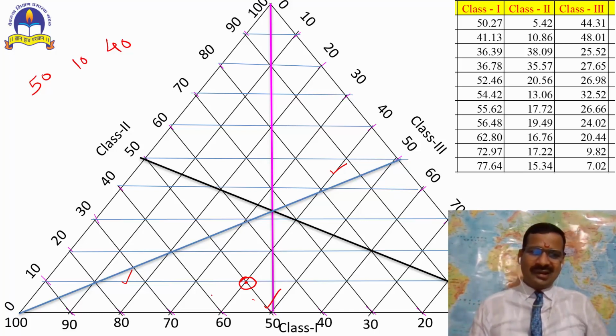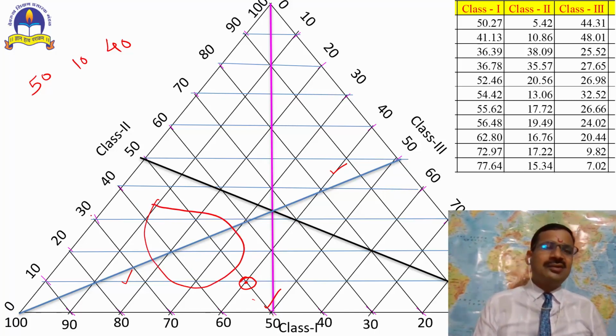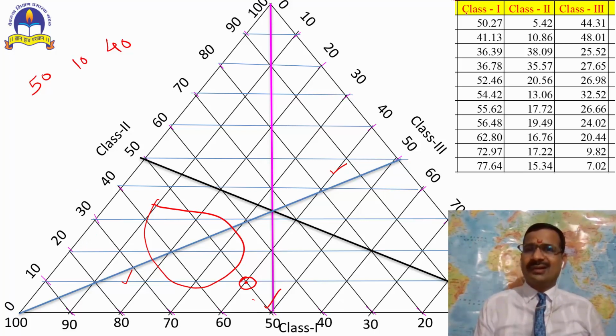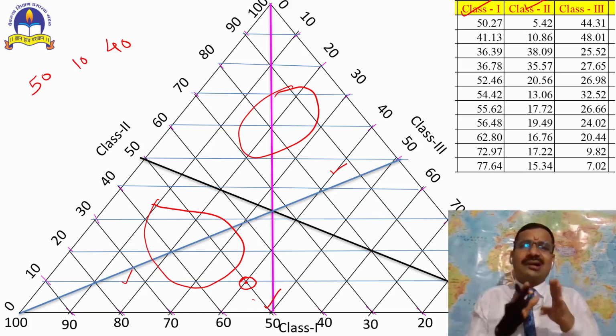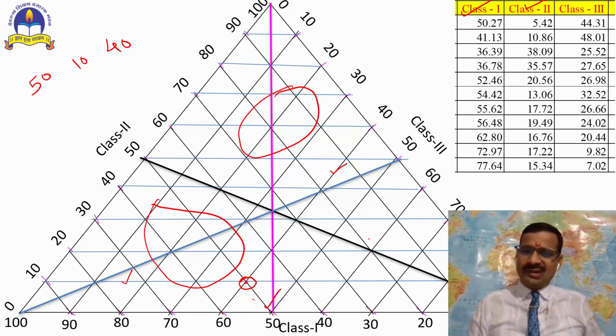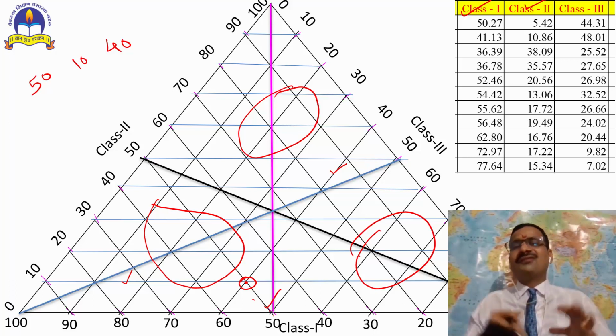You can see that suppose there is a point in this area. I am going to demarcate here. It means it has the dominance of class 1 cities. If the data has been depicted in this area, it means the data has dominance of class 2 cities, or class 2 cities have dominance in that year or throughout the time. And if the point has been depicted in this section, it means it has the dominance of class 3 cities.